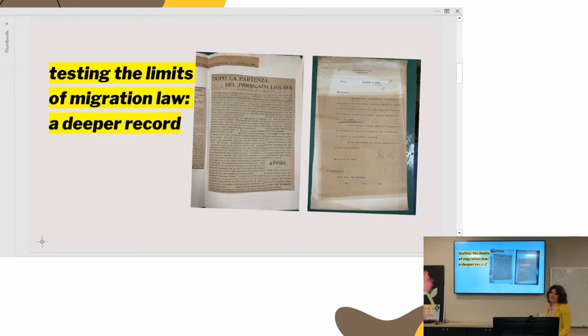And they help to contradict what the scholar who came up with the phrase remote control, Aristide Zolberg, called, quote, the constraint that arises from the unidimensionality of the concept of restriction. So that's a pretty heavy quote, but we're thinking about when we consider immigration restriction, putting up walls, barriers, borders, requiring certain paperwork, requiring certain conditions to enter a country. If we think about it as being unidimensional only from the perspective behind the wall, we miss a huge part of that history. And that's what we're able to see when we reach out into foreign archives.